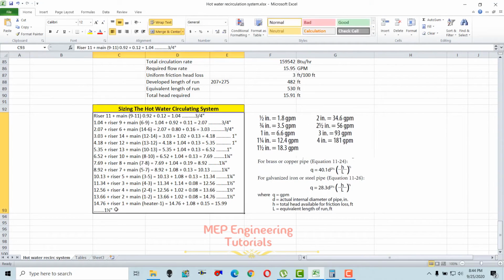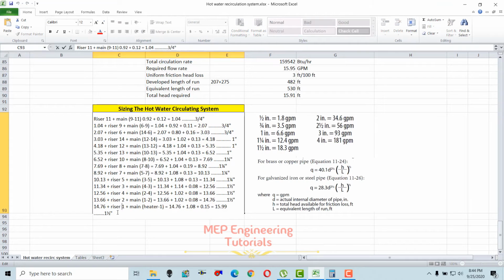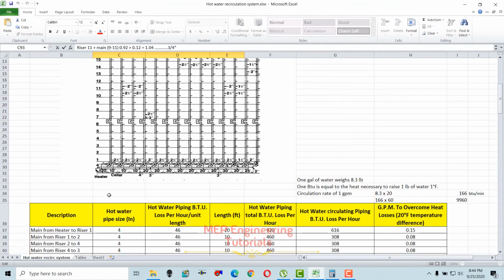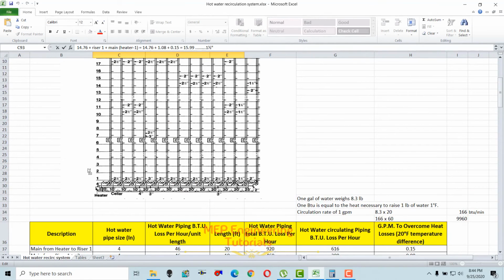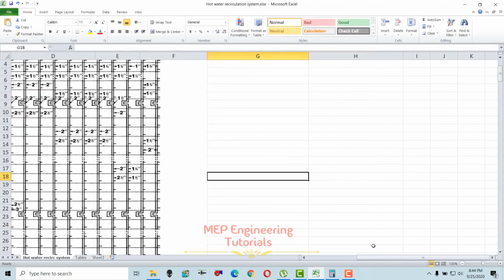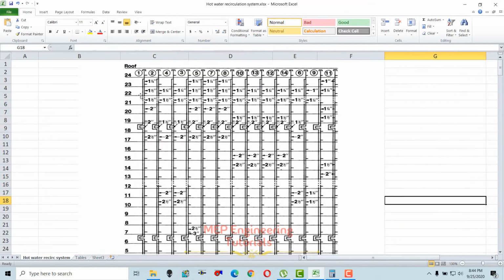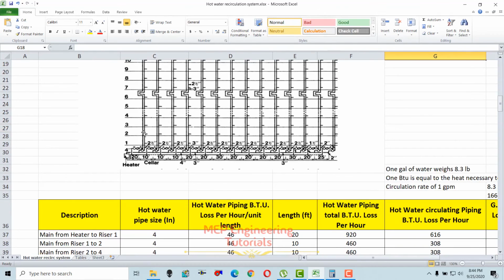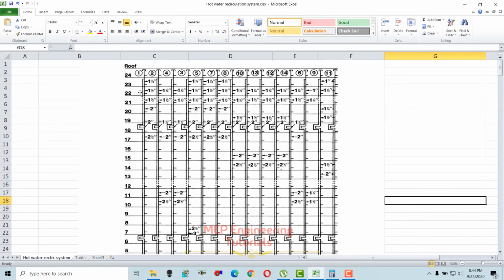So one more last item I will tell you here. Same way you have to do for this one also. So the last item is riser 1 plus main 2 heater. So if you see here, the last item we have is riser 1 and all the previous GPM which we have calculated to get the size for this pipe segment. To get the size of this pipe segment, you have to add all the GPM which you have calculated in here plus riser 1 GPM, and